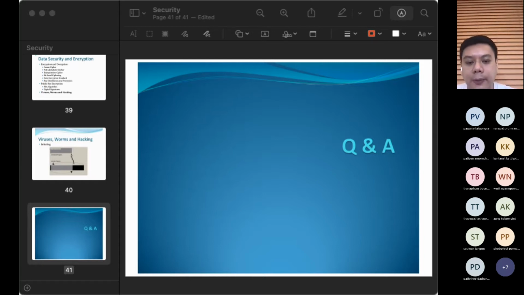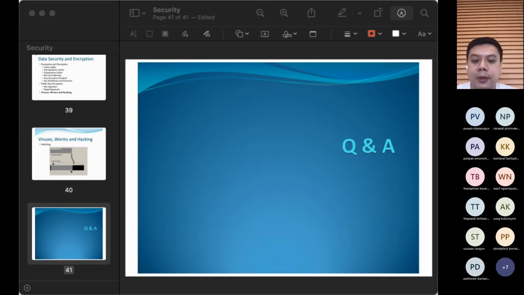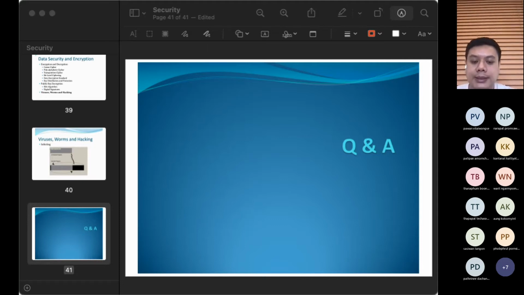But if you're really ready, you know that you need to do 2 tasks today. Task 1 is to explain and analyze the security in your assignment project. Answer that before next week, and you know what you need to do for next week's task: come in, register your name, type your ID, and post the poster, short clip, and live session. If you've got all that and you've discussed in your group, this is fine. That's all for today's class, and thank you for being here. Sorry to disappoint you on the holiday itself, but this is the task that we need to prepare.